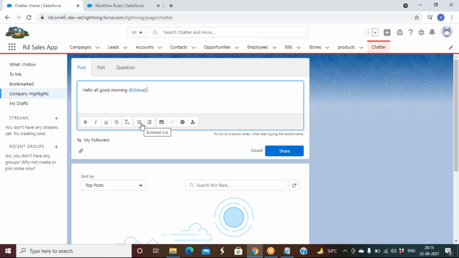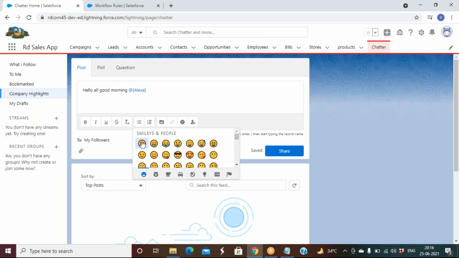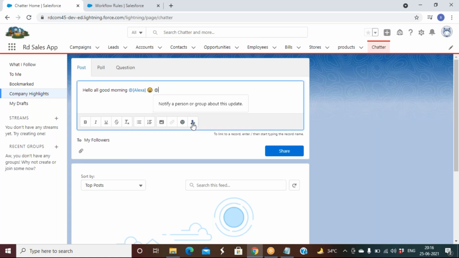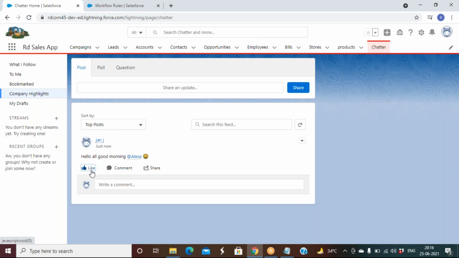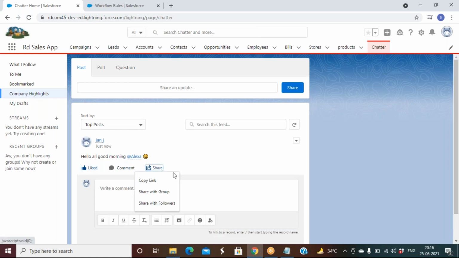You can add a bullet list, number list, images, you can insert a link, you can mention smileys, how you feel today, and share to my followers. Someone can like your post, someone can comment, someone can share this post. They can copy the link and share with the groups or the followers.